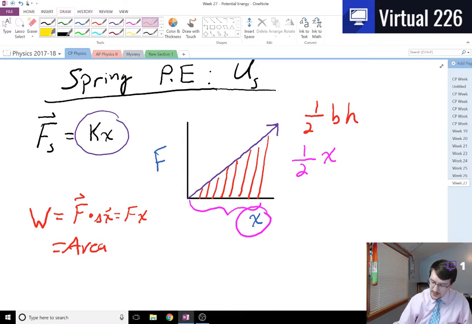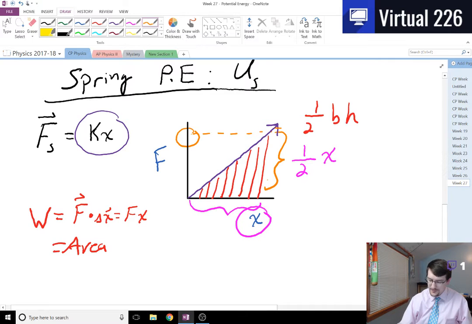If we look at our height here, our height is dictated by some amount of force. So how do we get the force out of this? We know the force is equal to kx. At this x position, there is some known force. So for our height, we have